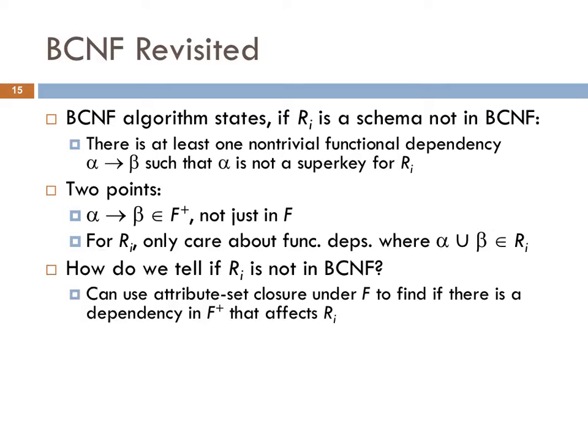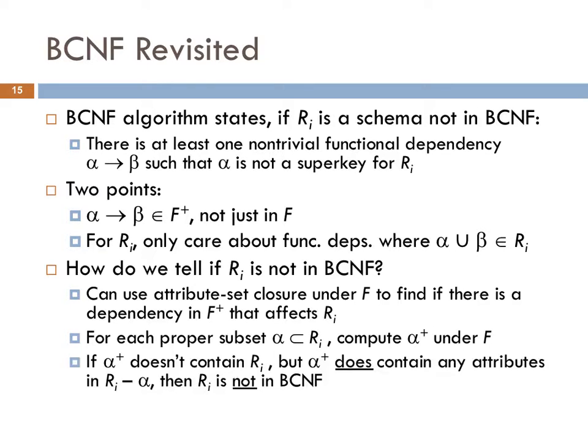So how do we tell if R sub i is not in BCNF? Well, there's a way of doing this with the attribute set closure as well, but it's a bit confusing to understand. So you go through all the subsets of attributes in R, and you compute the attribute set closure of each subset. All right, so that part's easy. Why am I doing that? Well, notice if the attribute set closure doesn't contain R,